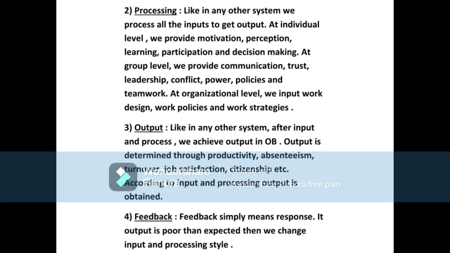Why? Because by applying certain processing techniques, if we have also not achieved the productivity, then we have to apply another processing style in order to get productivity. That is known as feedback. If it gives positive, good results, there is no need to reprocess the style. But if negative results are seen, definitely we have to go for another